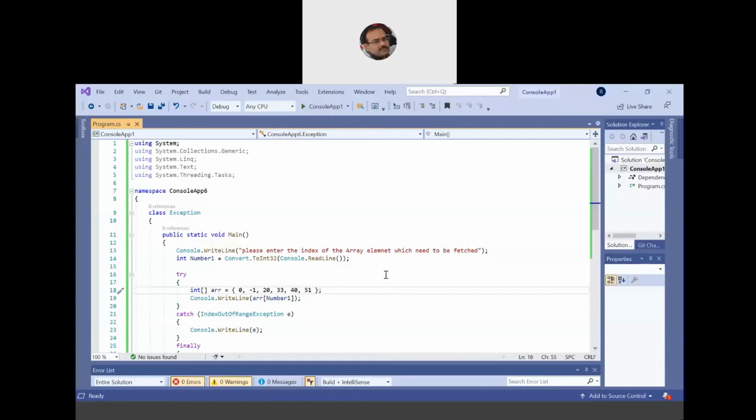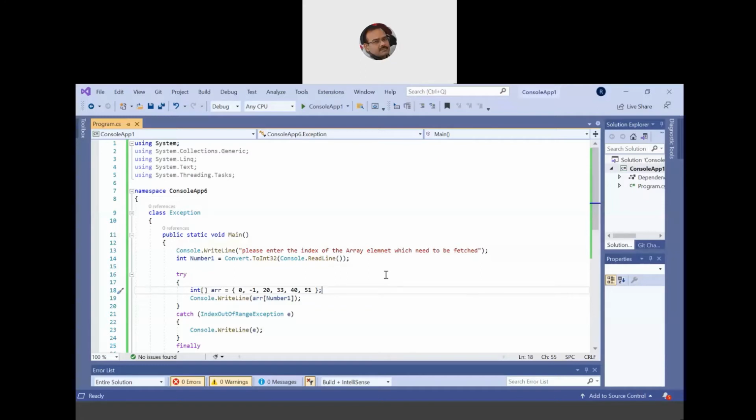So me as a programmer or you as a programmer cannot identify that catch block number 2 will execute, or catch block number 4 will execute, or catch block number 6 will execute. It depends upon the CLR, common language runtime. It will decide, based on this problem, or when the code breaks down, which is the most appropriate catch block, and it will automatically get executed.